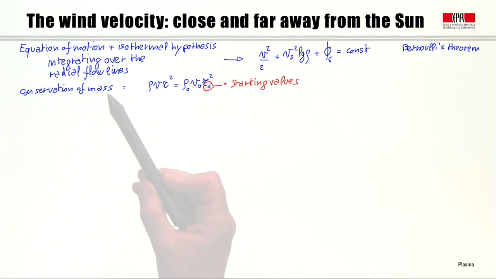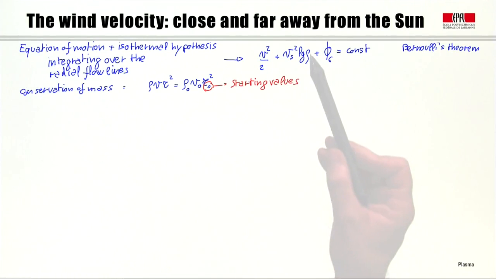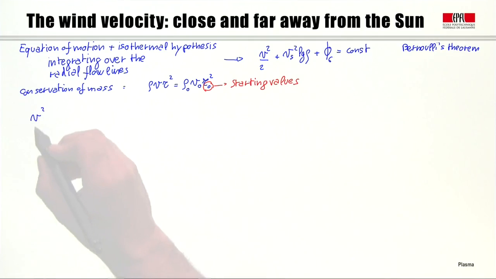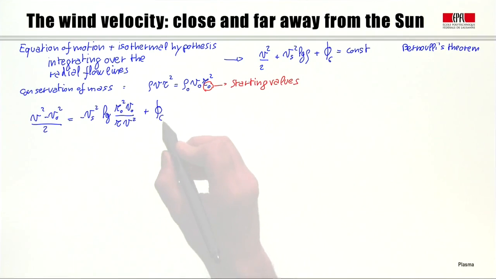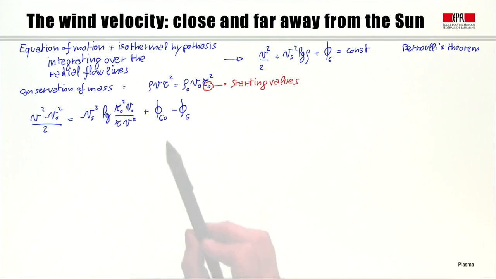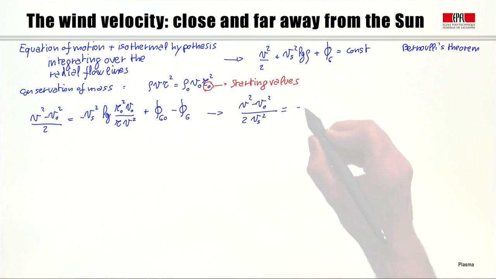If we now use the conservation of mass and plug it into this equation and integrate between the starting point and a radius r, we obtain the following. Where Φg0 is the gravitational energy at the starting point and Φg is the gravitational energy at the position r. Dividing by the sound speed, we have